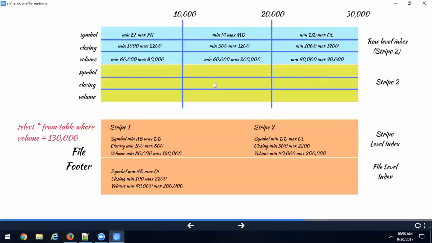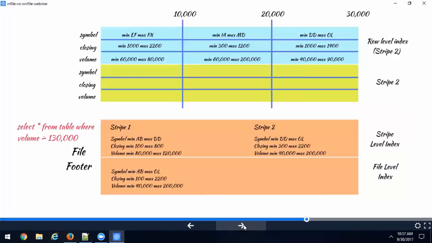I'm sure you can appreciate the efficiency now, right? With all this file level index, stripe level index, and row level index, you can basically dice the data and start reading only when you know the data has it. And this is maximum efficiency, okay? All right. So this is called predicate pushdown. Predicate is nothing but your where clause, and the predicate gets pushed down to the file until we have what we need. We don't want to read something which we don't care about, okay? All right. So you know how efficient ORC can be.